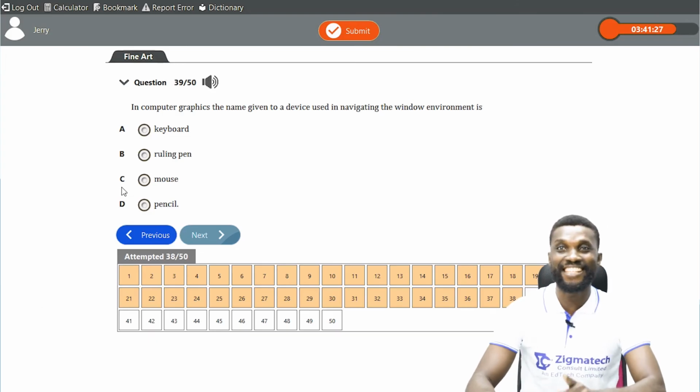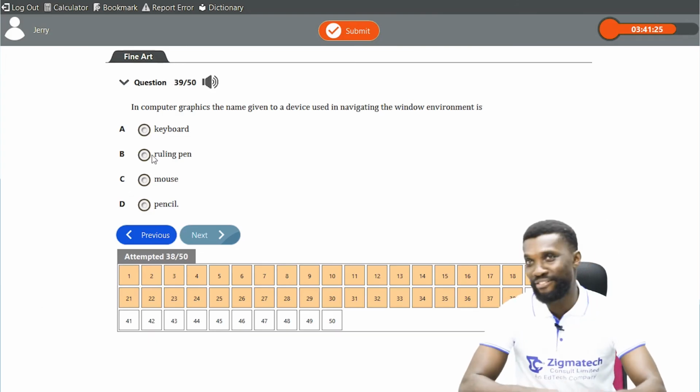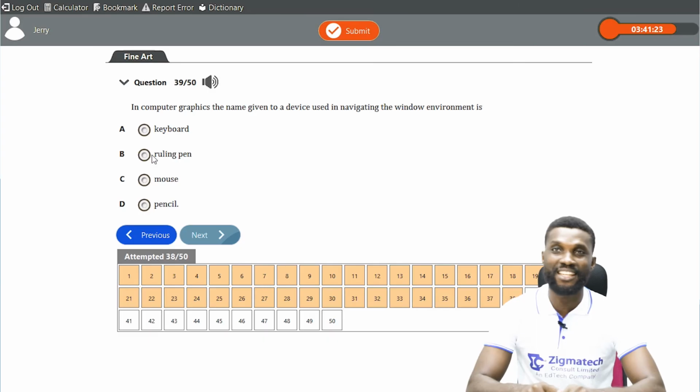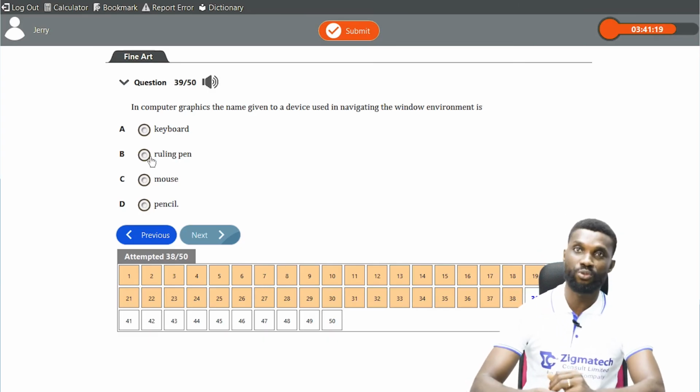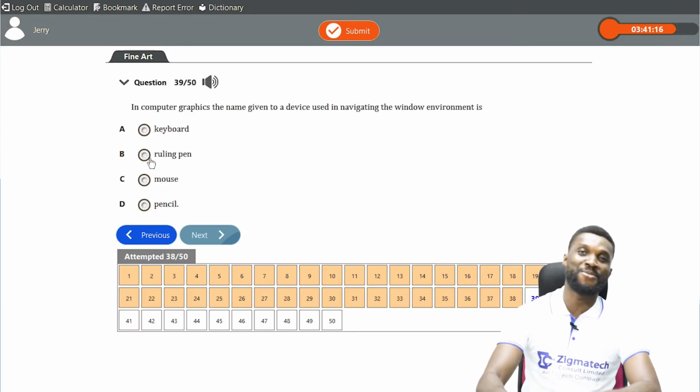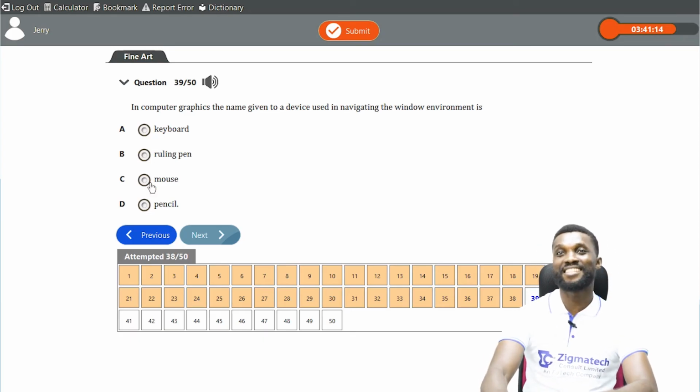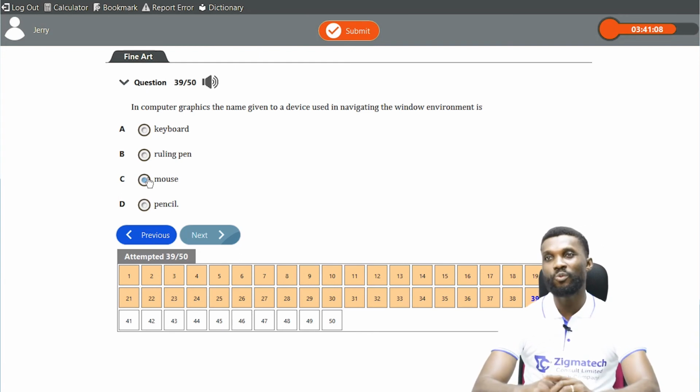Is it A? Is it a keyboard? Do you use the keyboard to maneuver or to navigate windows? No. Is it ruling pen? I wonder who used ruling pen. Now, is it a mouse? Oh, yes. And that gives us what? C as our correct answer. So the mouse is the device that is used to navigate the windows